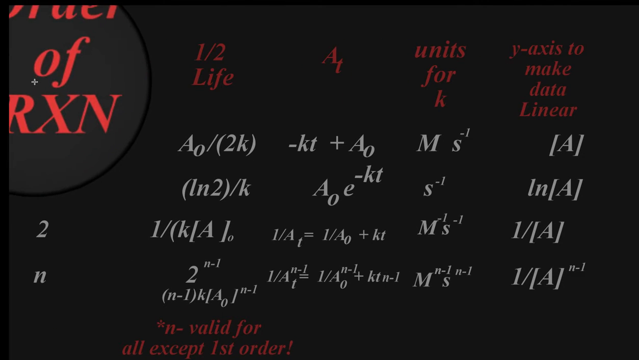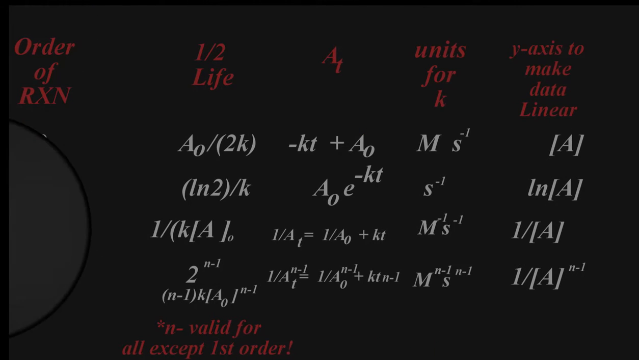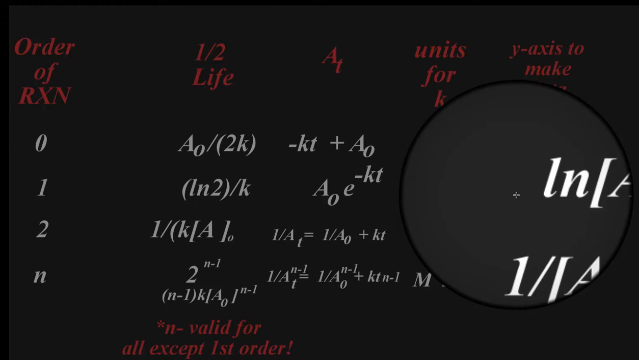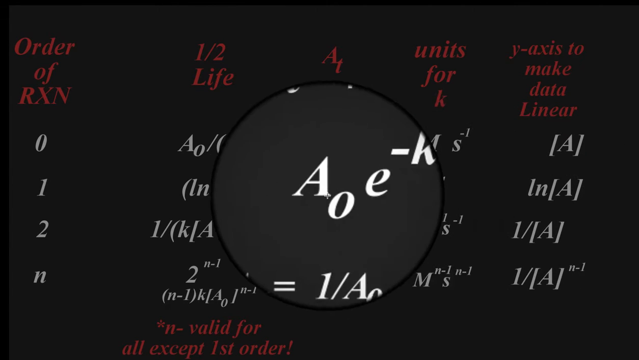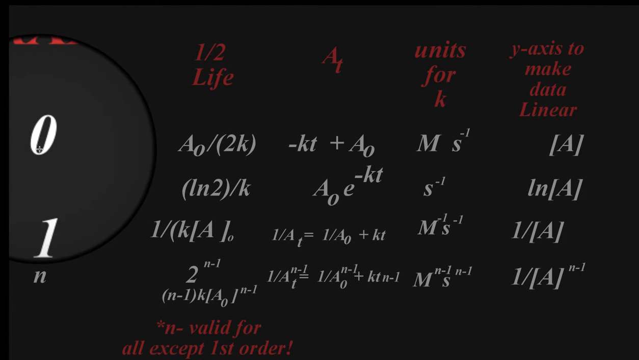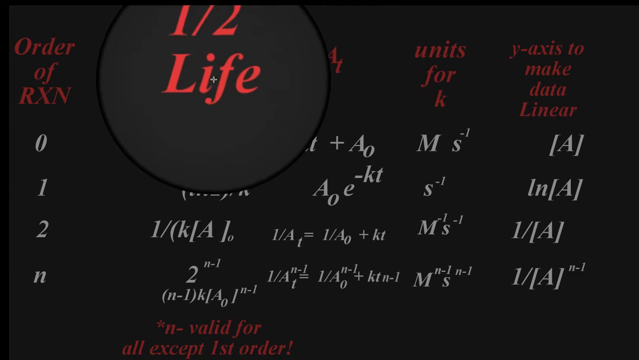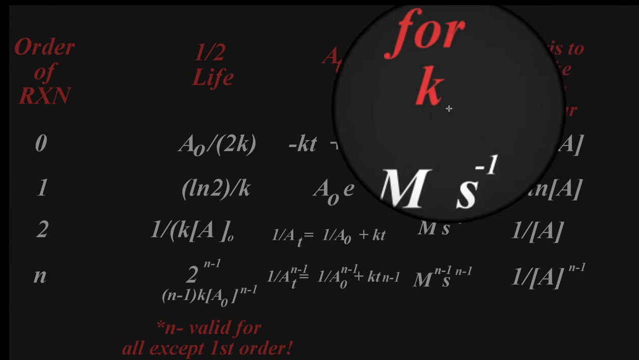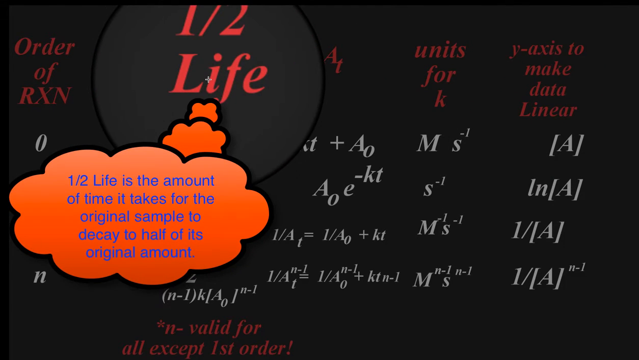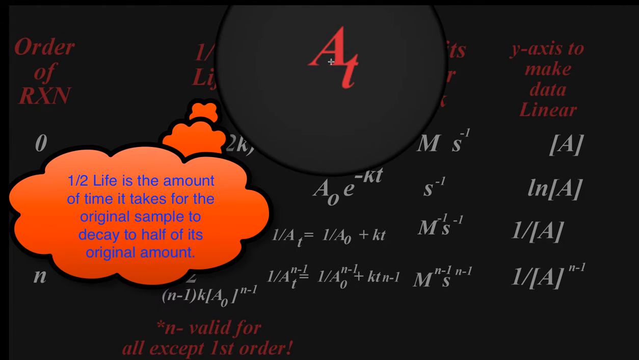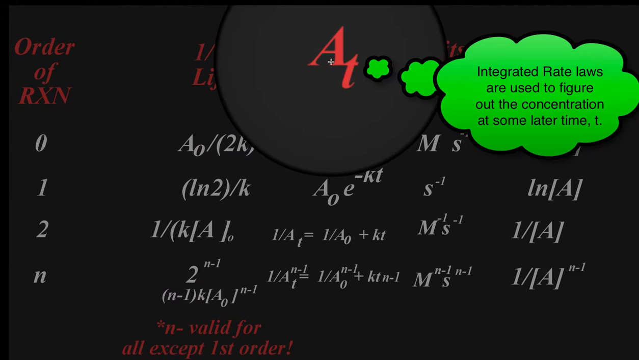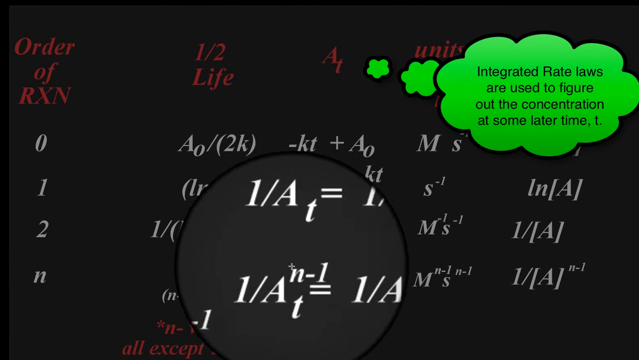Okay, so here are the different orders of the reaction that you will need to memorize. I suggest, again, using note cards. For one side, you will have 0, and then the other side, you will have all of these things listed. Again, half-life is the amount of time it takes for half of the sample to decay, for it to reach half the original amount. A sub t is the integrated rate law, and basically, except for these last two,